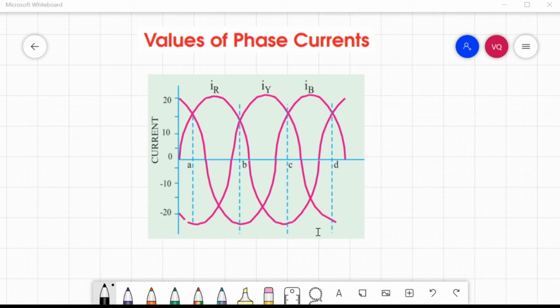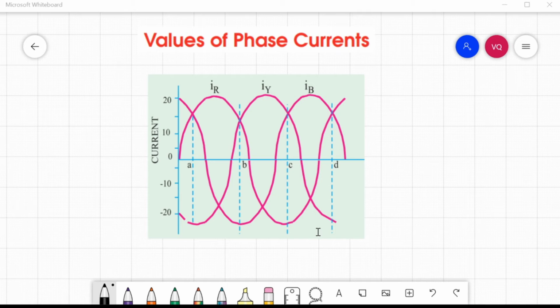At instant A, the currents in phases R and B are each positive 10 amperes, such that they are flowing outwards, whereas the current in phase Y is negative 20 amperes, such that it is flowing inwards. In other words, at instant A, phase Y is acting as the return path for the currents in phases